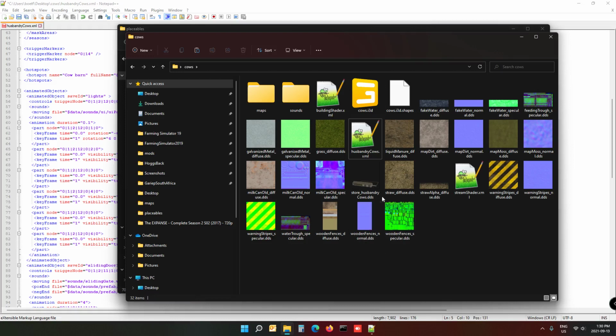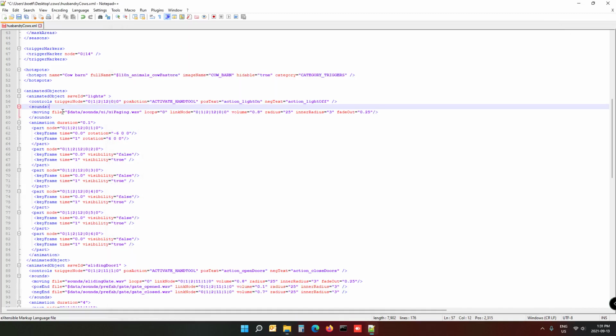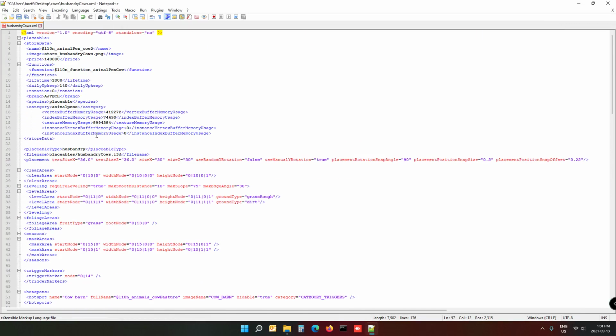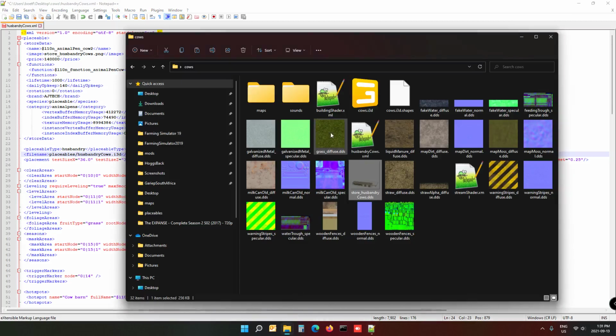Great, so now we have our store item. There it is, husbandry cows. Just make sure of the name, store husbandry cows. It should be the same name, because we haven't changed the name. Store husbandry cows. Now, this one here, we also want to do the same with the i3D. We've changed the name of the i3D, so we want to copy this name. Control C,